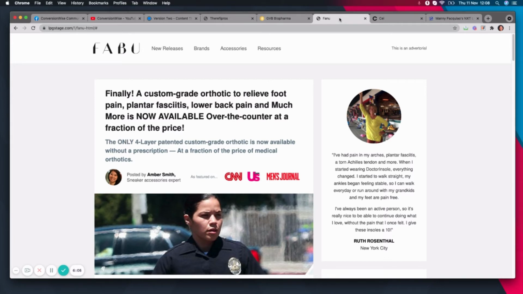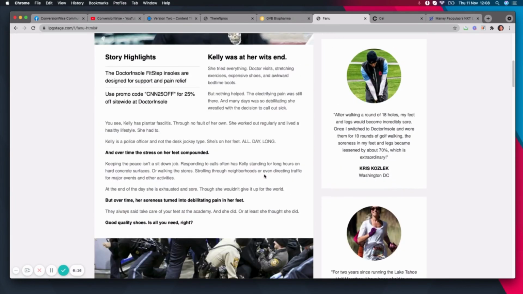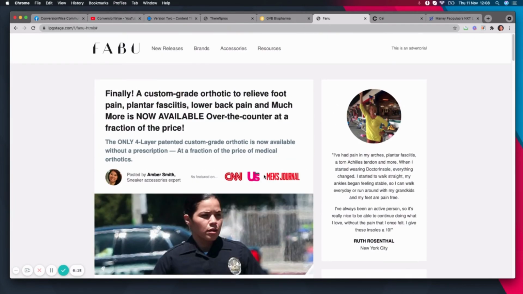You need to really think about the macro stuff. Look at the big picture. Is your audience cold? Do they need educating before they get to your product? Is that something you think you need in your sales process? In which case, the funnel would be this advertorial and then leading them straight to the actual product page, as it were.